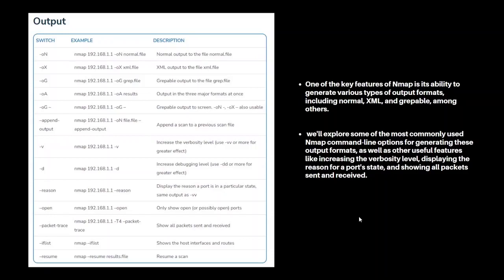Nmap is a powerful network exploration and security auditing tool that can help you discover hosts and services on a network, as well as identify potential security risks. One of the key features of Nmap is its ability to generate various types of output formats including normal, XML, and greppable, among others. In this video, we will explore some of the most commonly used Nmap command line options for generating these output formats as well as other useful features,